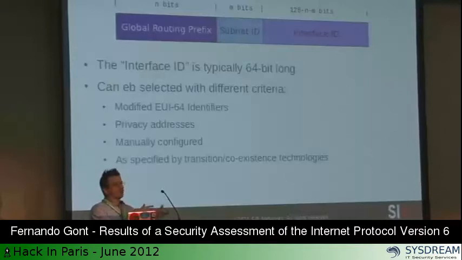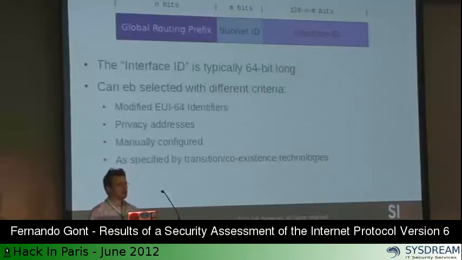You have to flip a few bits, you have to insert a few bytes in between, but the basic idea is you just put the MAC address inside the interface ID. There is a different technique that is usually called privacy addresses or temporary addresses, and it basically has to do with randomizing the interface ID. So essentially, to put it simply, you just select a random number and you put that number in the interface ID.